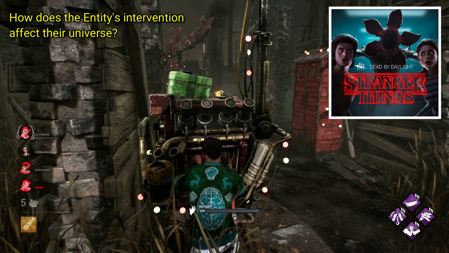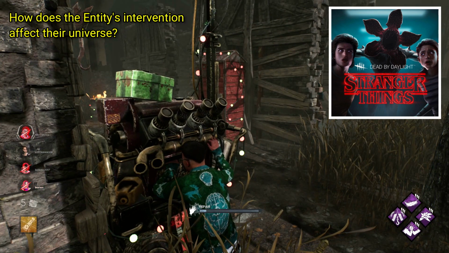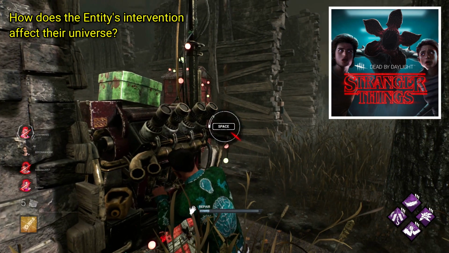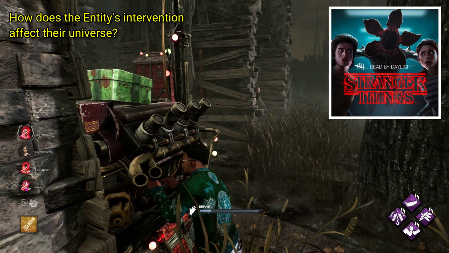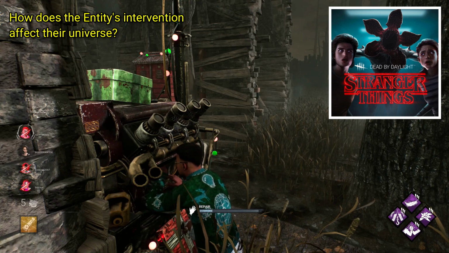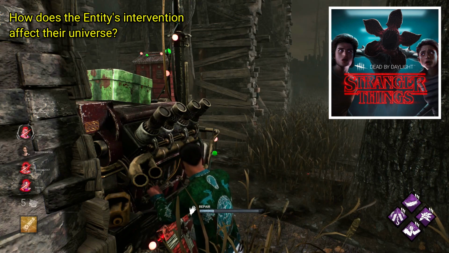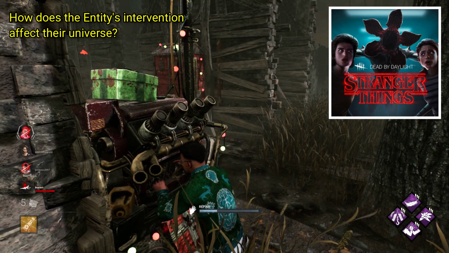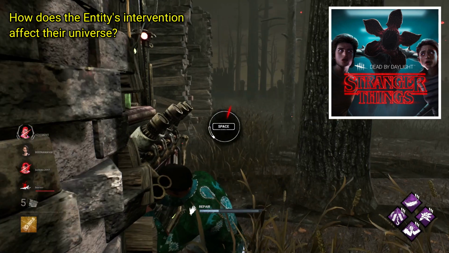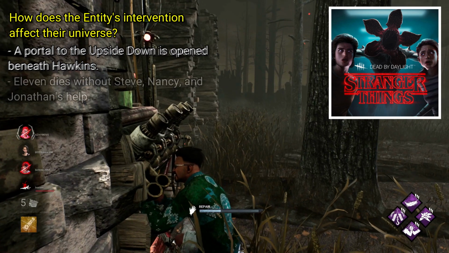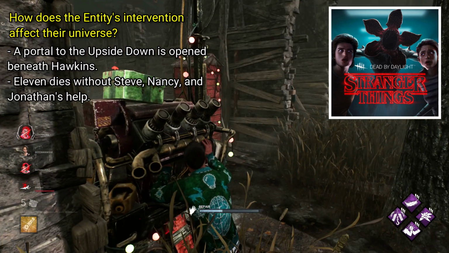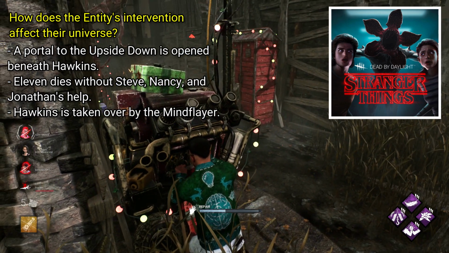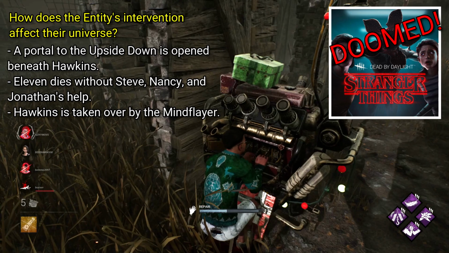Stranger Things kinda has a similar situation. Steve, Nancy, and Jonathan all play a big part in the series. The whole thing with Stranger Things is that it's a big team effort in defeating or repelling the Mind Flayer. Our characters in-game are taken between seasons 2 and 3. Without the assistance of these three, the Russian lab isn't discovered in season 3, Eleven dies without their help, and the Mind Flayer infects Hawkins with its rats and probably begins destroying the world. Pretty bad. Demo getting taken probably doesn't mean much.